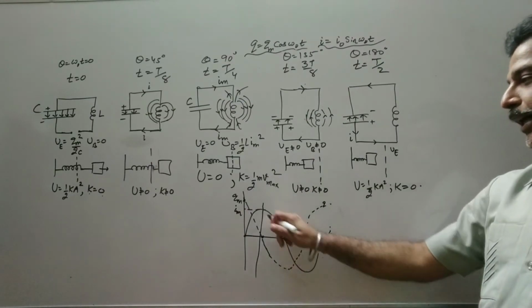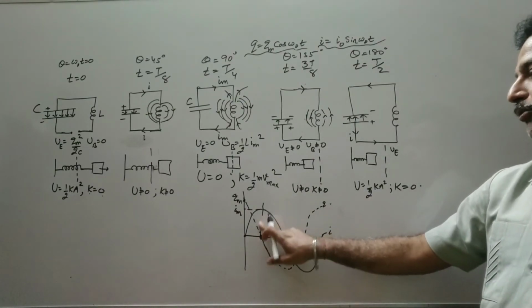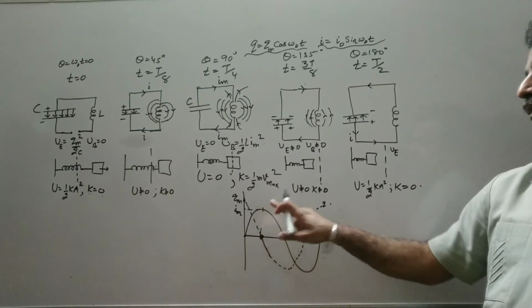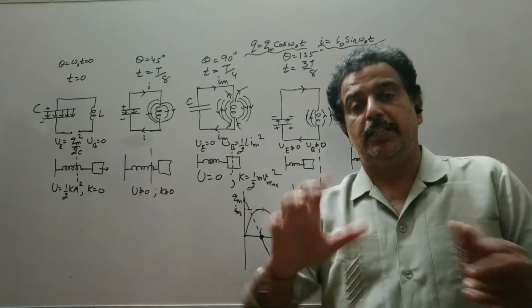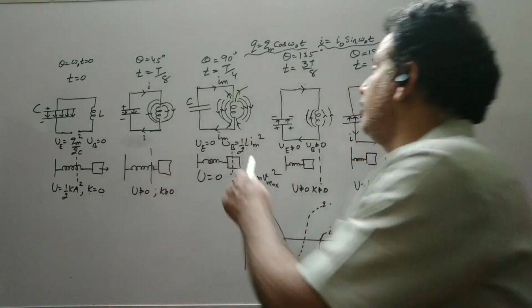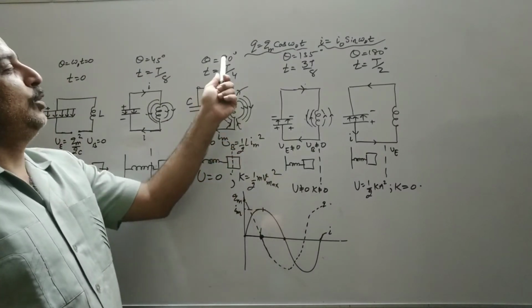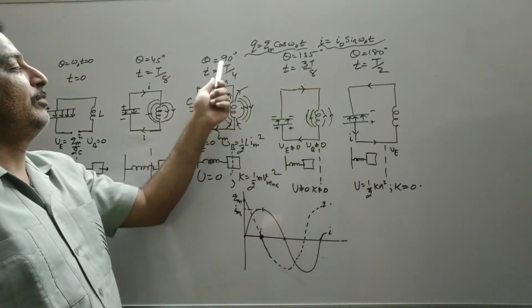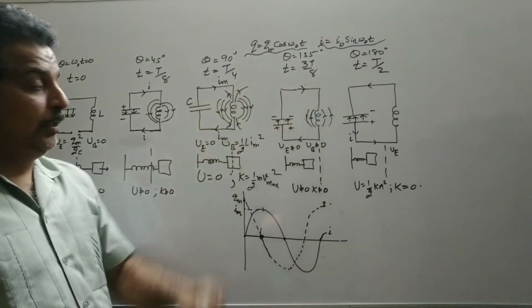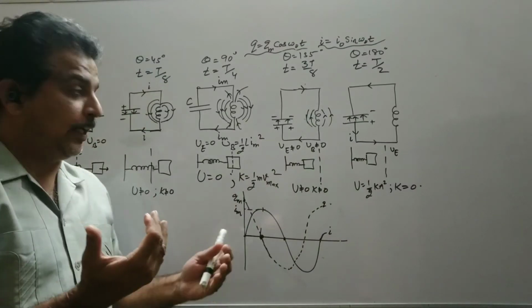We are on this point, 90. This is the 90 degrees. Now at 90 degrees, clearly from the graph also, the current is maximum. So whenever the current is maximum, the entire electrical energy is converted into magnetic energy. Now again we take some intermediate position. We have taken the 45 degree difference in terms of degrees, or in terms of time, now it is 3T/8. Now the spring is compressed, it is getting compressed.